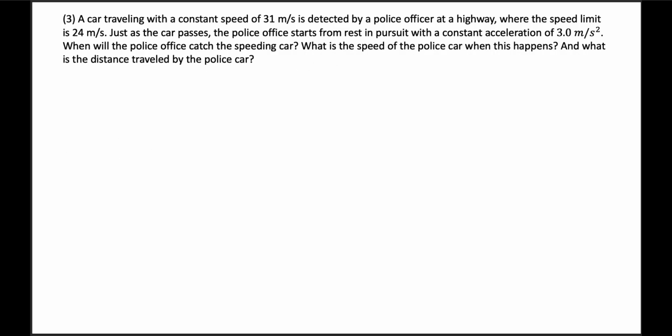Okay, so we have two objects here doing 1D motion. Let me set up the coordinate system first. So now here is the x-axis. We can simplify it to be a straight line motion, but in reality, the road can be a curved path. But it doesn't matter. It's along the same direction. All right, so now we have a car, we have a police officer,